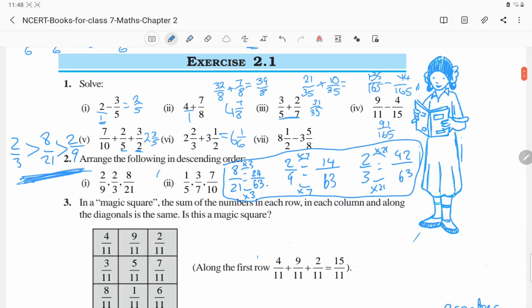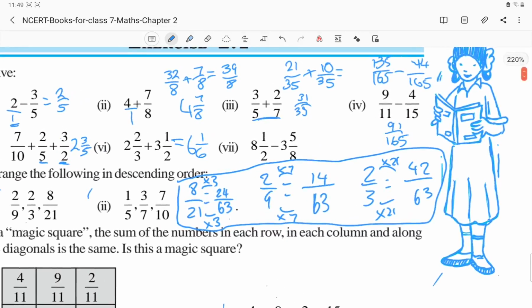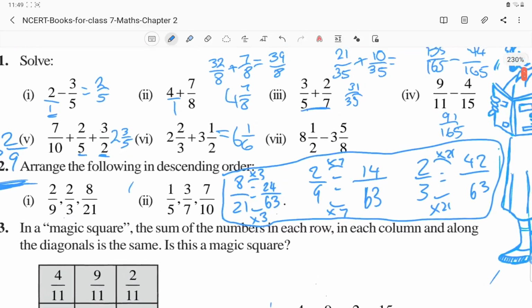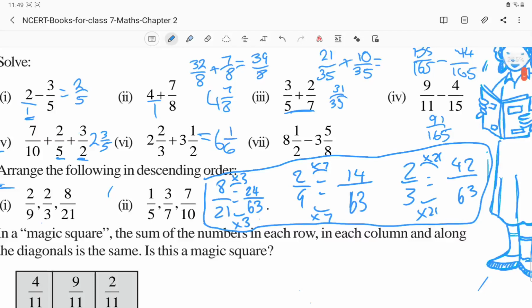Now, I think we're going to do one more, and then we'll see if we have time for the others. 8 1 by 2 minus 3 5 by 8. So which equals, there is actually some space in this, 17 by 2, oh not 12, I meant to draw 17 by 2, minus 29 by 8, which equals